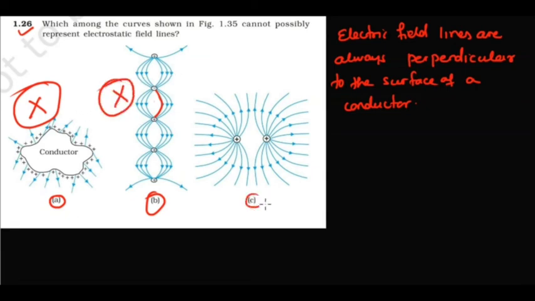Look at the third diagram. See, this one is correct, because we have two positive point charges, and we know that the two positive charges repel each other, and that's why the electric field lines will exert a lateral pressure on them. And the arrow mark is outward, it means the electric field lines emerge out of the positive charge. So the third diagram is correct, while the first two diagrams are not correct.